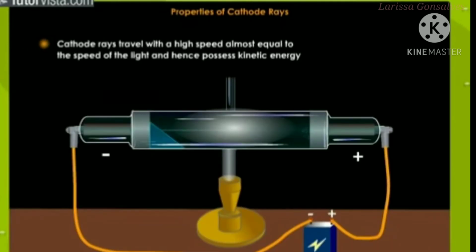Cathode rays travel with a high speed almost equal to the speed of the light and hence possess kinetic energy. When cathode rays are made to fall on a paddle wheel, a wheel starts rotating, showing that the